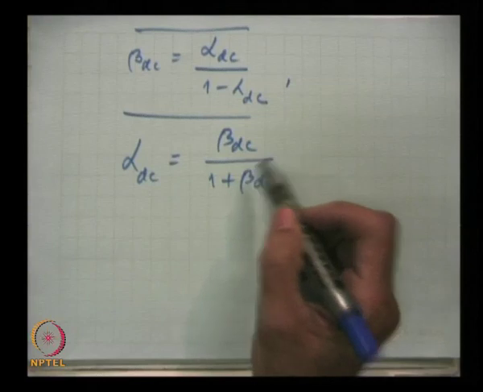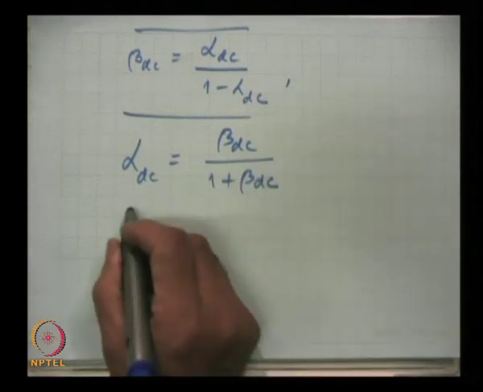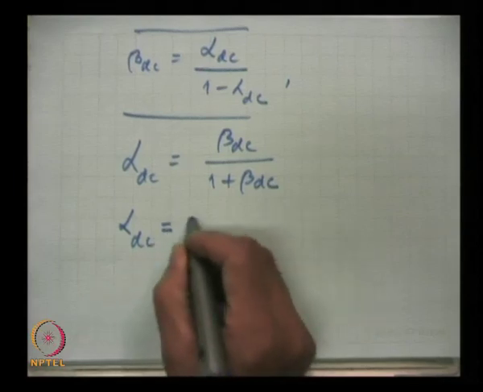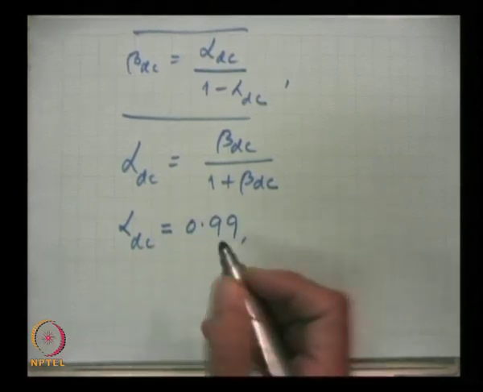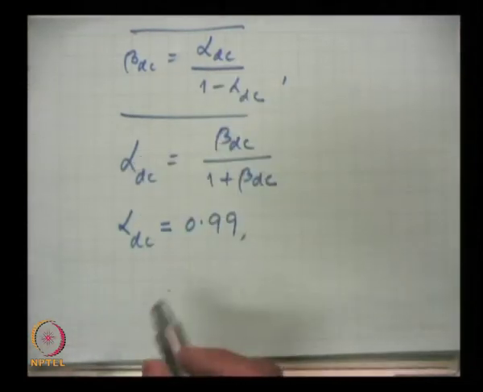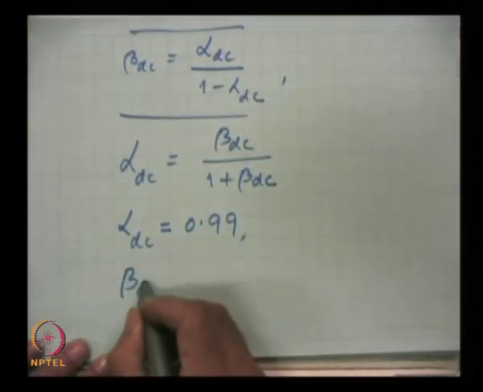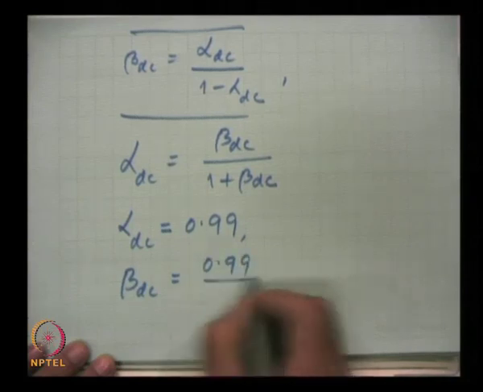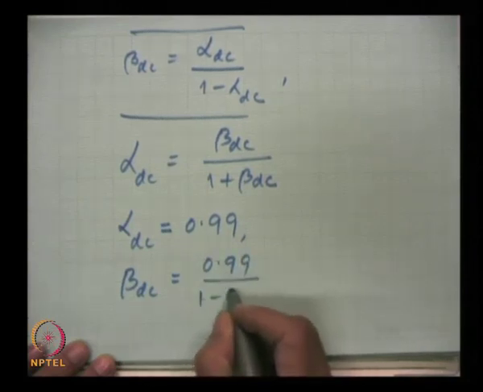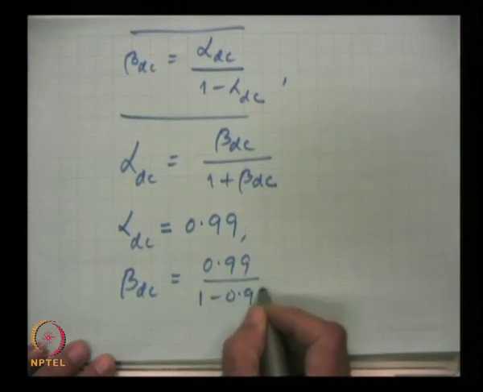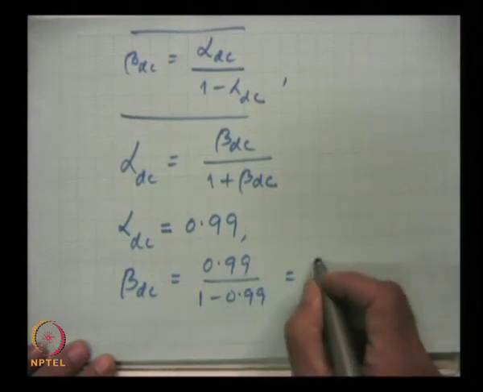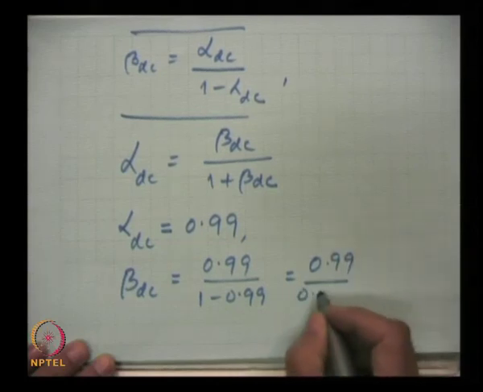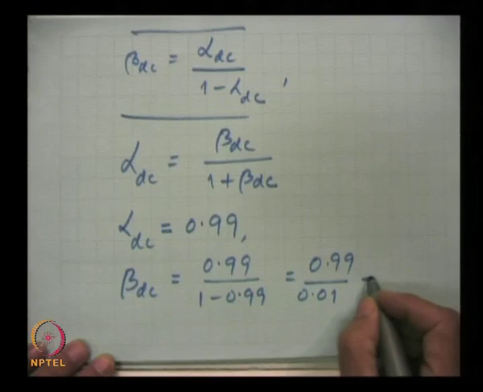For example, if alpha DC has a value of 0.99, then using this equation we can get beta DC is equal to 0.99 by 1 minus 0.99, which is equal to 0.99 by 0.01,